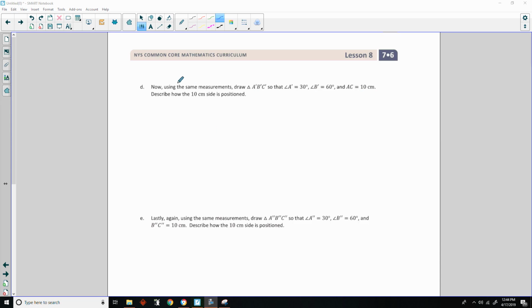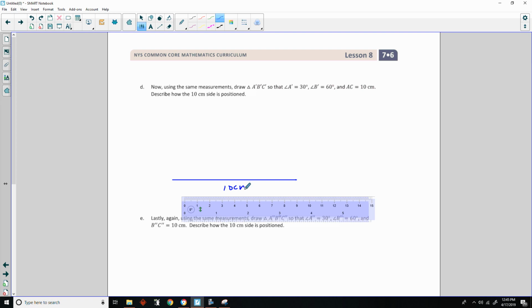Okay, D says, now using the same measurements, draw a triangle A prime, B prime, C prime, so that we have this scenario. Describe how the 10 centimeter side is positioned. So again, I'm going to get my ruler, and I'm going to draw AC first, and it's going to be 10 centimeters. So I start at 0 and I go out to 10. That wasn't quite long enough. Out to 10. There, that's good. Label it 10 centimeters. And it's called AC. So if I make this A and this C,